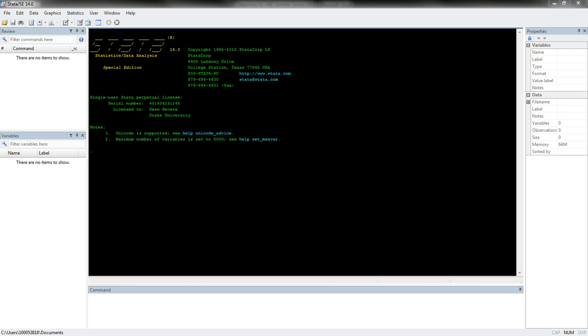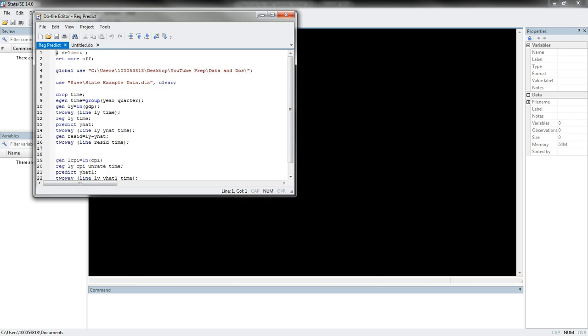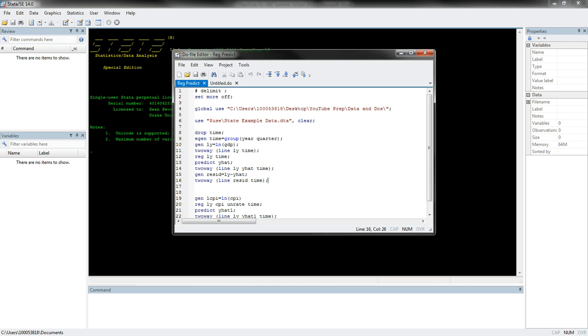Hi, in this last regression video we are going to be doing some tests, so we can do t-tests or we can do f-tests from regressions. So to show you what I mean, I'm just going to use the example that we did for the regression prediction. So if I bring over my do file, this is what we had last time,